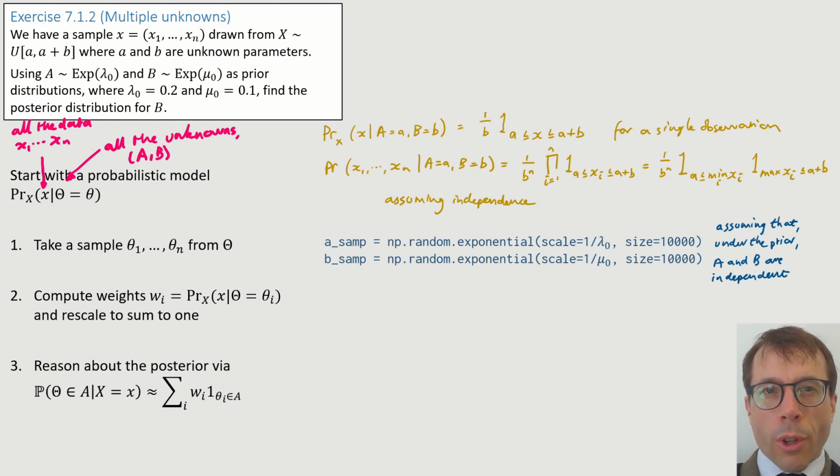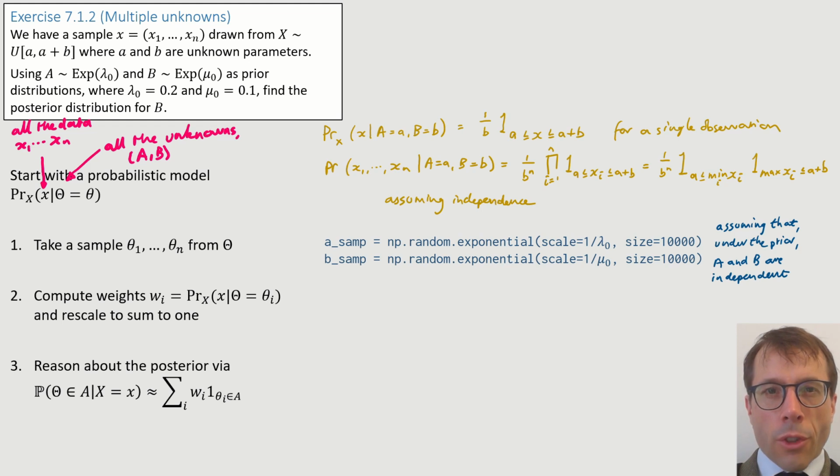So, as per our general convention, we'll assume the question implies that A and B are independent under the prior distribution. Because they're independent, we can just generate a whole load of A samples and a whole load of B samples. Logically, we should really zip up these two lists to create a single list consisting of AB samples. I won't actually do that because in the code that follows I just have to unzip that list of pairs, but morally you should pretend we've zipped up these two lists into a list of pairs.